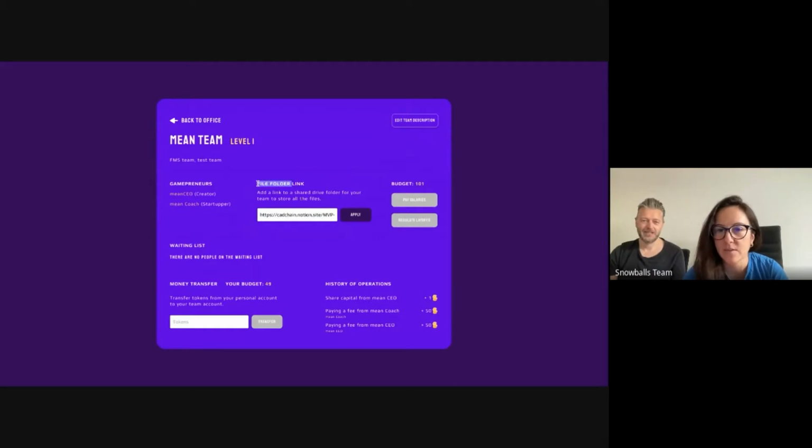Here, this is something that's important. You can add a link to, for example, a shared Google Drive that you created for your team, where you can store everything that you need for the quest. For example, if you start